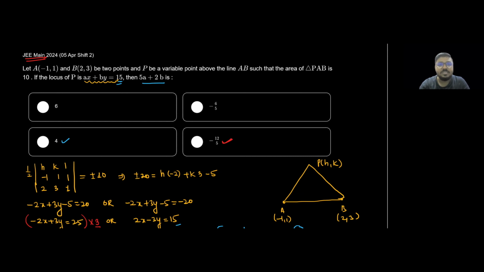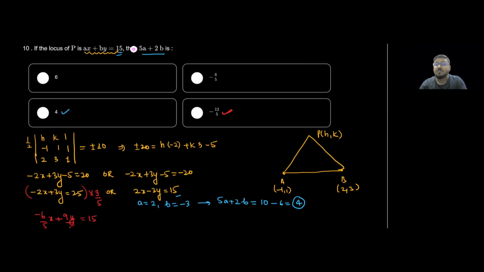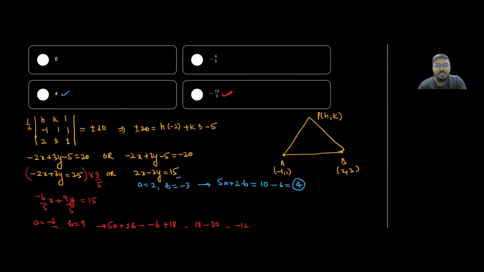The question here is, P be a variable point above the line AB. Read this part of the line very carefully: above the AB. So here we have considered the possibility. Why are we getting two answers? Why have we got two equations actually? Because with this line AB,